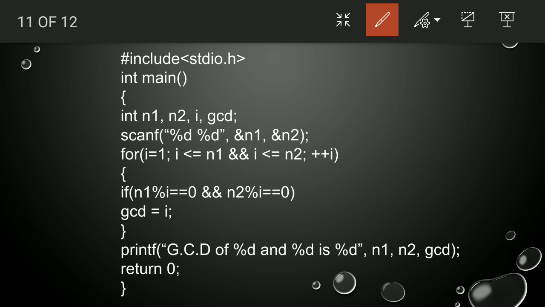So if n1 mod I is equal to 0 and n2 mod I is equal to 0, both, then I runs from 1 to 12 in this case, and it should be divisible by both n1 and n2. Like 1 is divisible into 12 and 24, 2 is divisible into both.